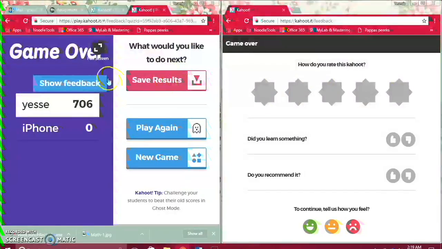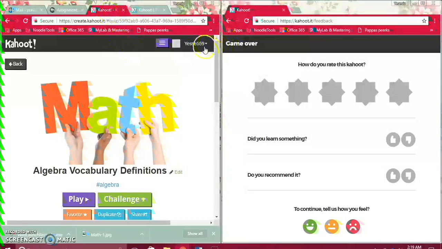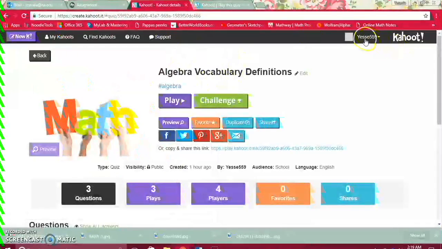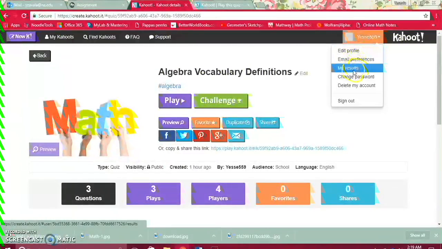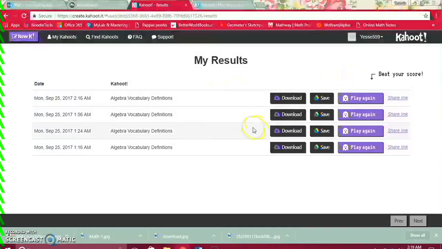It tells you the top 3, and if you go back to your account, you can see all the results. Every single time somebody's played, it'll tell you all the results, and you can see what they've